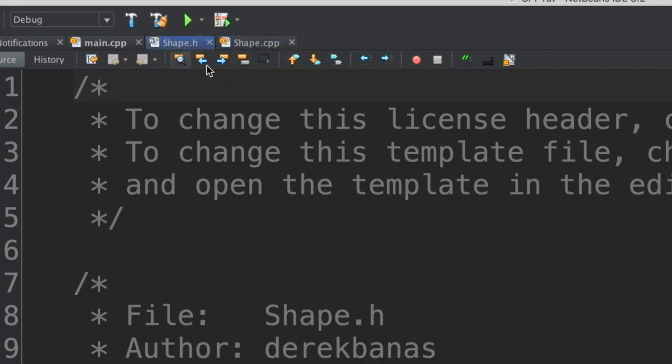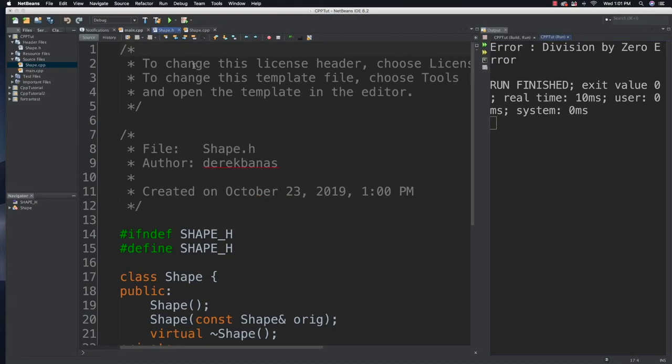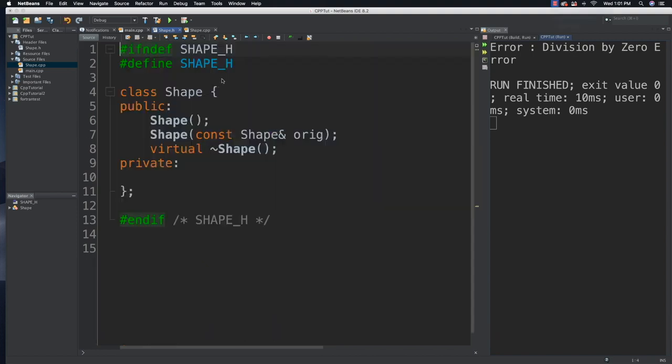Now, the very first thing we're going to work with is the header file. And we can get rid of all this. And this code right here, these first two lines, are just going to make sure that we don't accidentally include two header files in our programs. And then what we need to do is come in here and just list all the things that make a